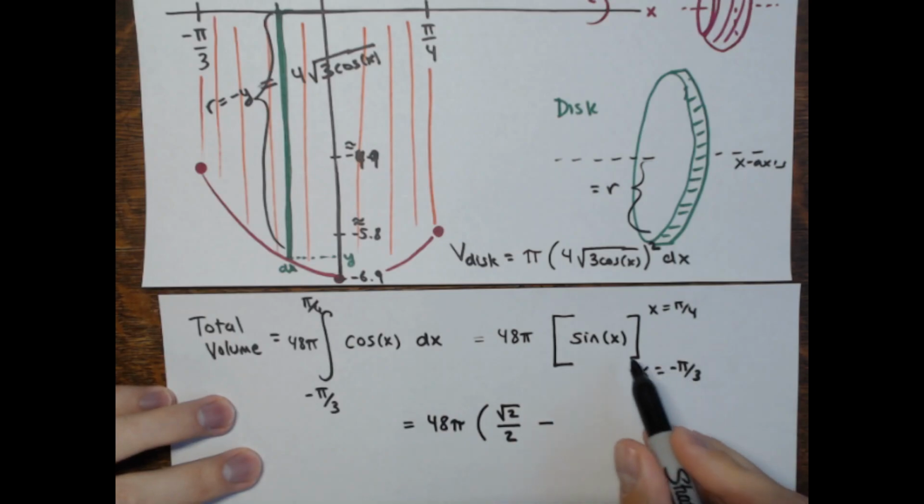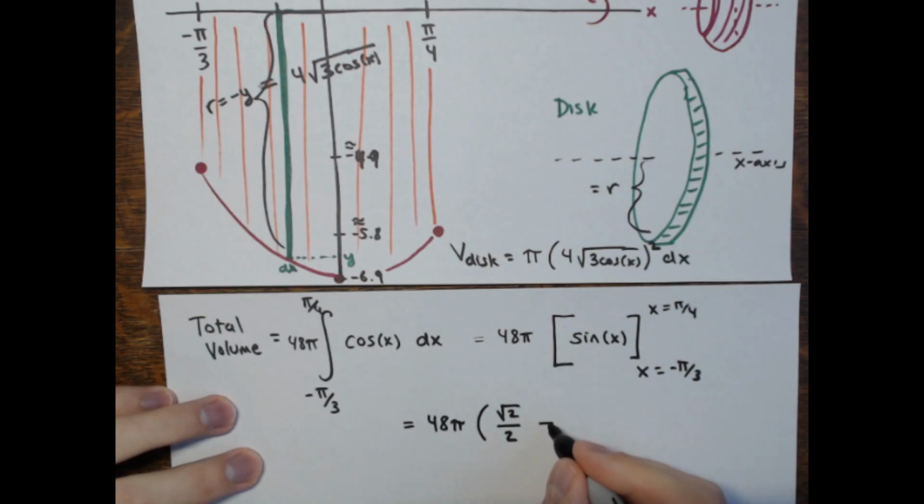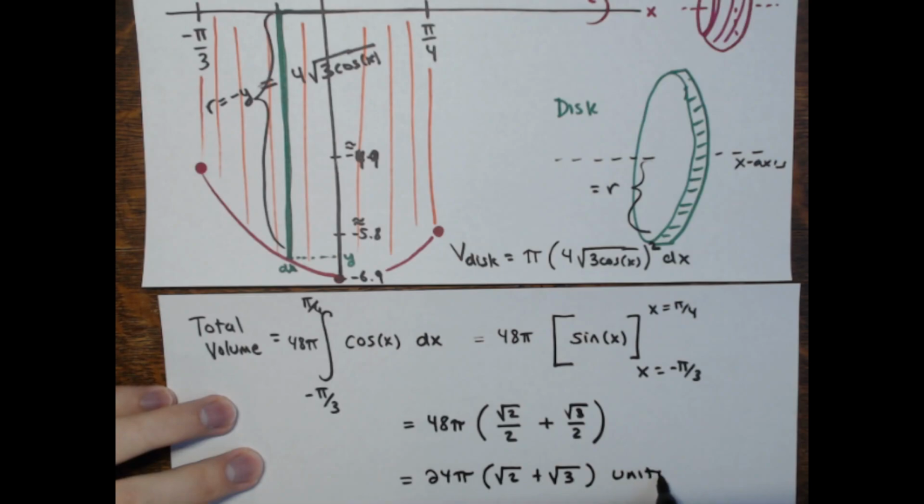minus, and then the sine of negative pi over 3, because sine is odd, would be the opposite of the sine of pi over 3, so this would be plus now, and then the sine of pi over 3 was square root of 3 over 2. And if I pull a half out of this, both these have a half in common, I'll have 24 pi times the quantity square root of 2 plus the square root of 3, and then that's cubic units,